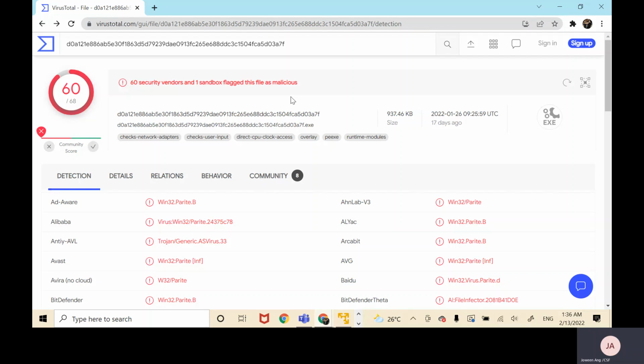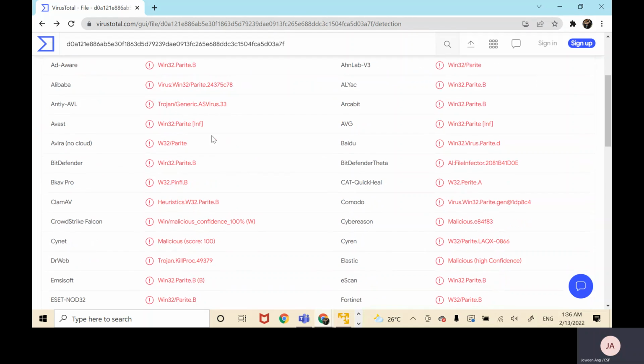As shown, 60 out of the 68 antivirus engines utilized by VirusTotal have detected the malware as malicious, and most of them have detected the malware as a PEID. As shown here,